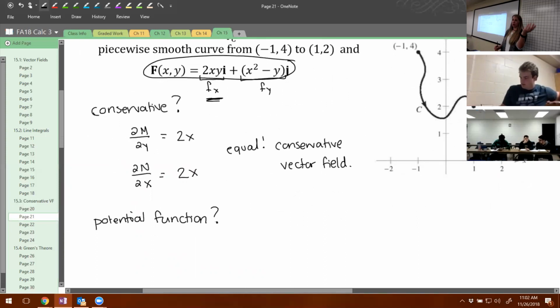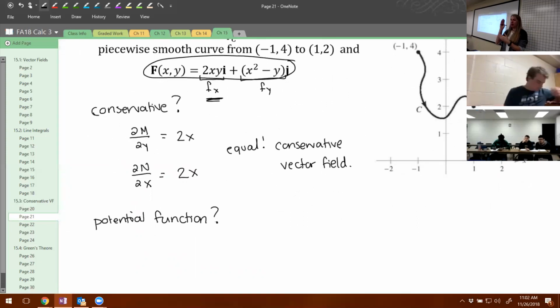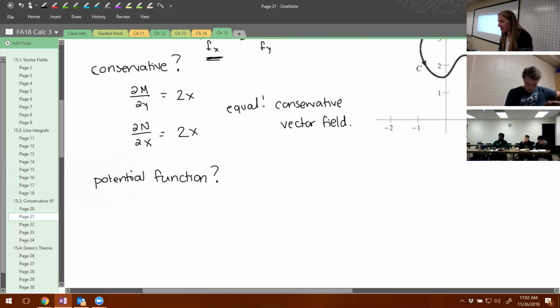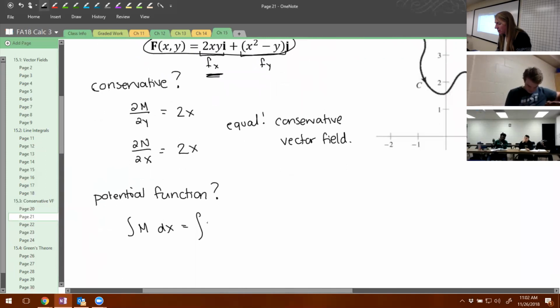And this goes back to the homework that was just due last night. We're going to now say, okay, we know for sure that 2xy is indeed the partial with respect to x. So we want to undo that differentiation. We're going to take the antiderivative of m with respect to x, because we want to take that partial and get rid of that differentiation that we did. So the antiderivative of 2xy dx. And what does that give us? x squared y